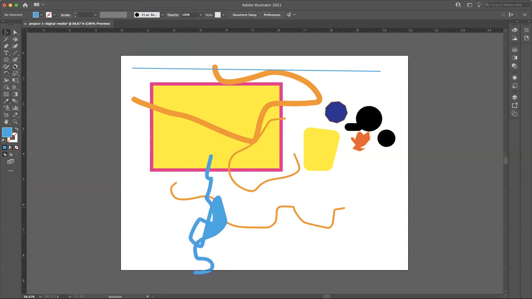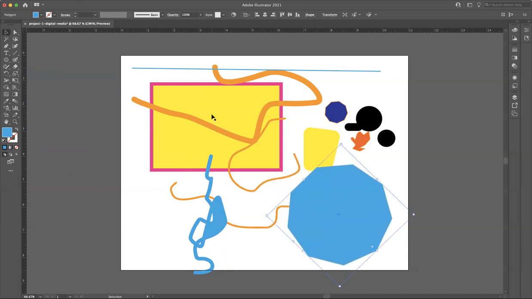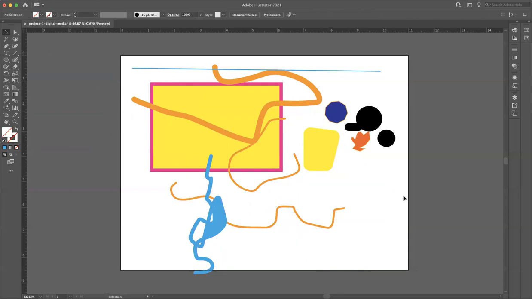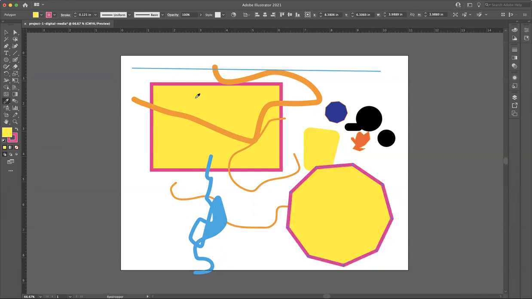So let's say that I have created an object over here, and I'm going to remove all of the information. So look at that. The object is still there. It's sort of hiding because it has no fill and has no stroke, but there is still a vector line there. If you drag and select with the black arrow tool, you'll be able to see it. So let's drag and select, and then let's hit I for eyedropper and see how the icon changes. And I'm going to select this guy,